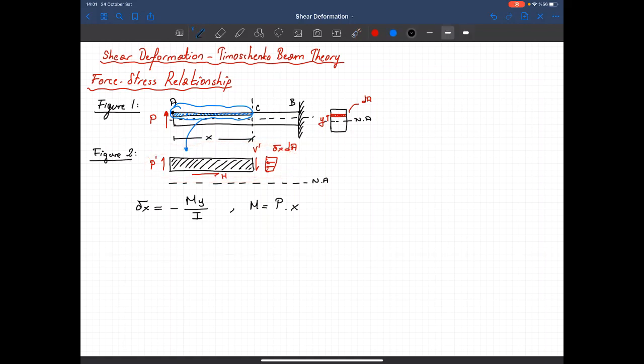So I'm just inserting that and writing the equation for this little piece. So sigma x times dA is equal to minus, instead of moment, I'm just writing P times x times y divided by moment of inertia times dA. So I have this following equality. Now, using the free body diagram of figure 2,